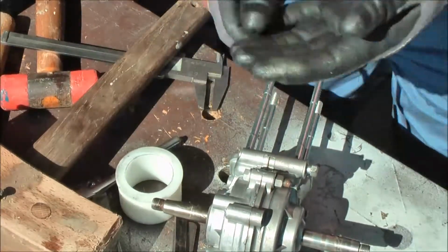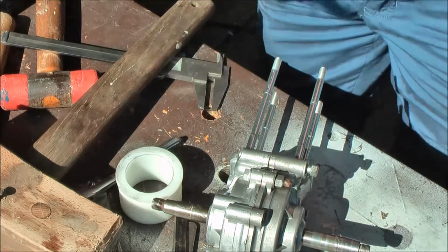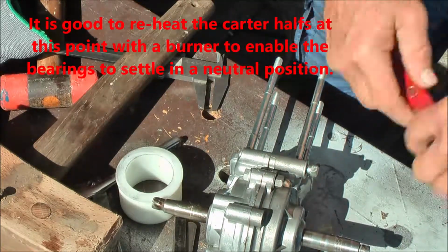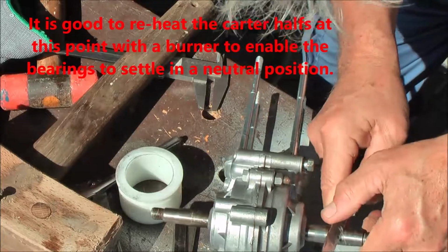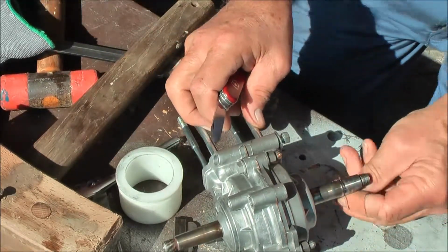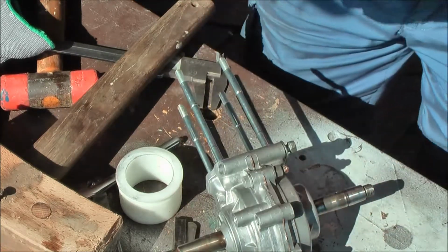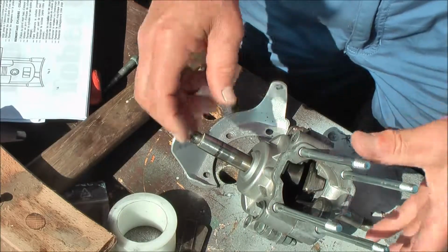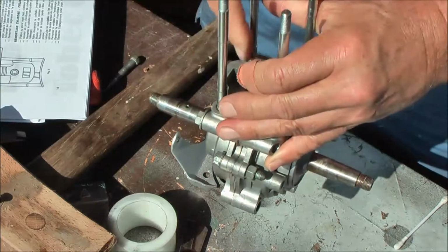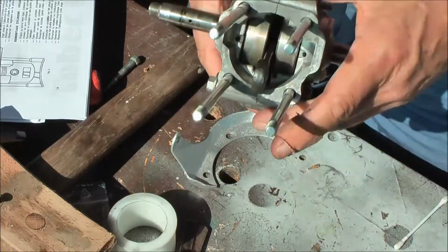Let's remove the scotch with a knife, because if we forget that, then we will have a problem later. Good, that's neat and clean. Now that we have checked that the crankshaft turns perfect, is right in the middle, and the carter halves are well closed,